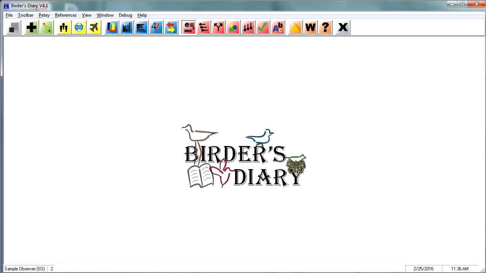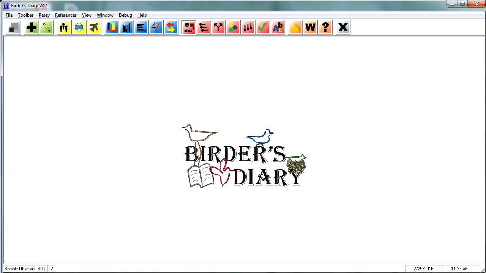making sightings entry fast. It's called Smart Search in Birder's Diary. Many, not all, other listing programs have some form of this nowadays, and they function in the same way, but I'll show you how Birder's Diary versions may have the edge over the others. Smart Search allows you, the user, to enter names with a minimal amount of intuitive typing. Whether it is a location name, a bird name, or any other name in Birder's Diary that utilizes a Smart